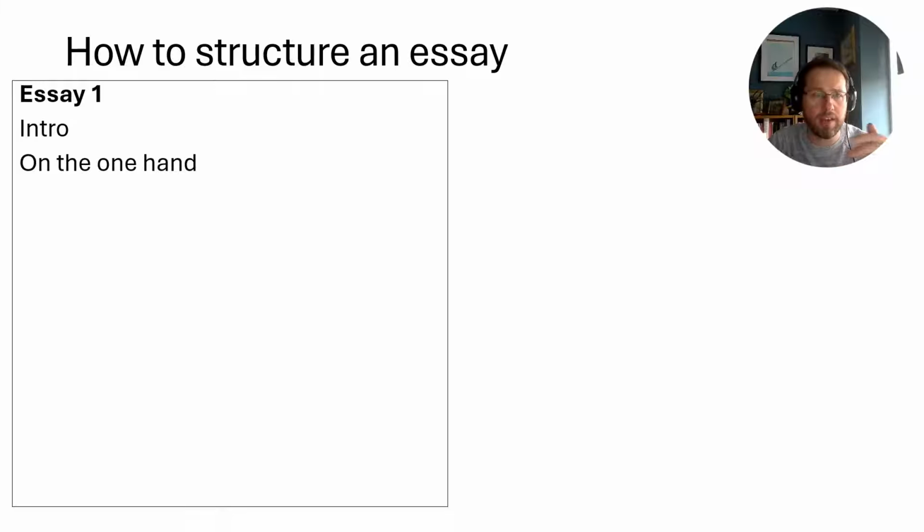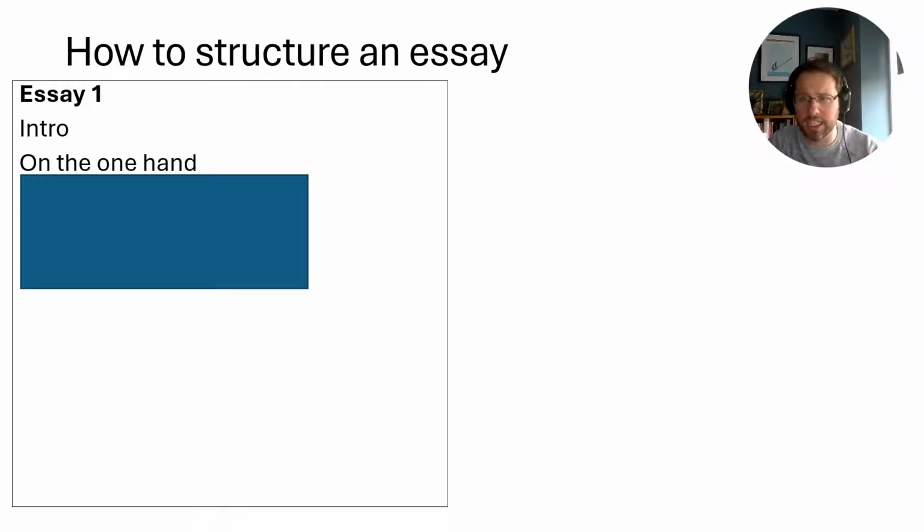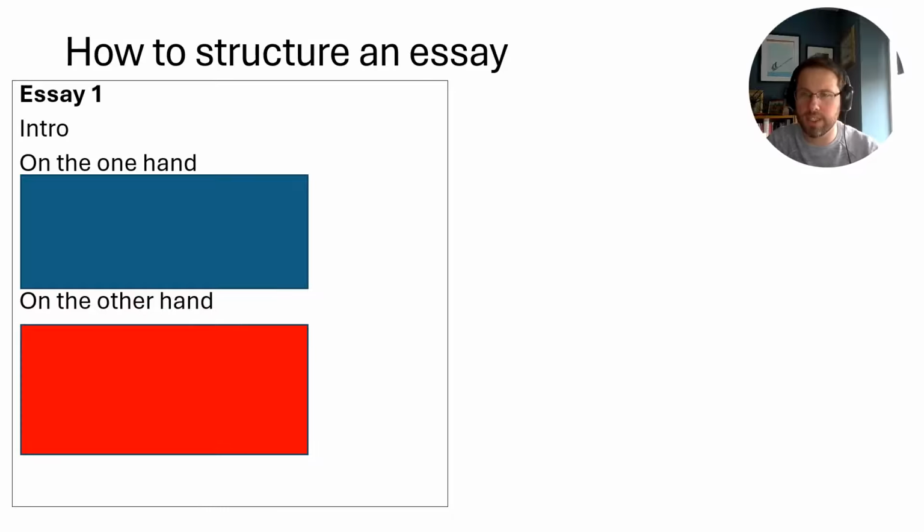So I like to think of the on the one hand, on the other hand structure as something that looks a little bit like this. If you look at this side of on the one hand, essay number 1 might be structured in this way: we have an introduction that sets out the argument. We have the on the one hand section, let's say all the arguments in favour of one position set out here in blue. On the other hand, we have a whole load of arguments against that position set out in red, and then we have our conclusion.